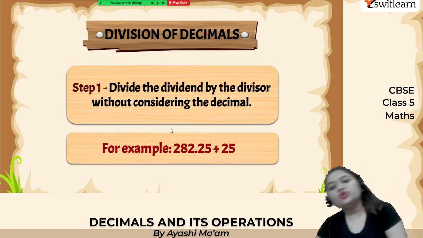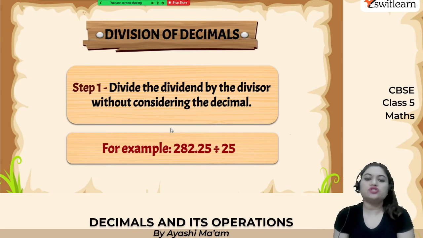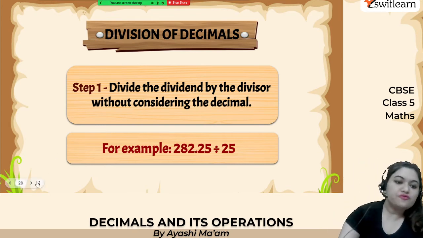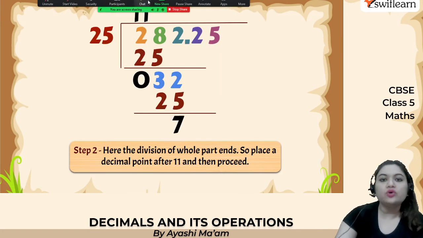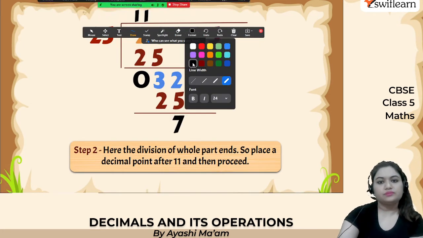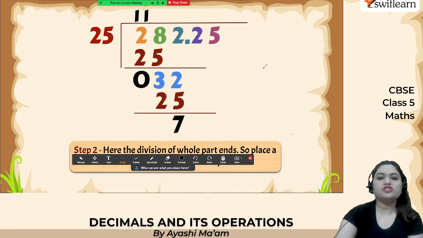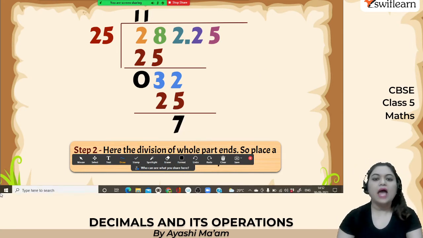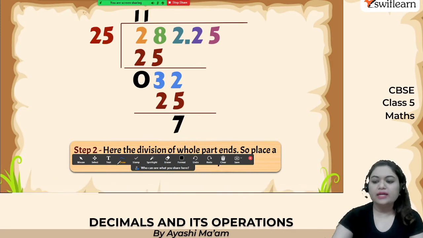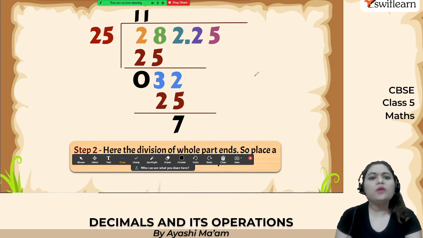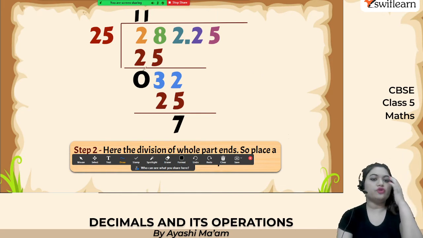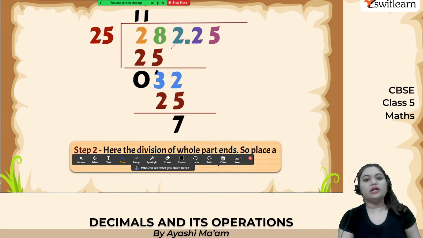So first you do one thing. Suppose you have the question 282.25 divided by 25. So first you simply do your division. Simply do your division that you know. Okay, so here you are simply doing the division, and then after finding the answer, what you can do is, 25 ones is going to give you 25, then 3 will be the remainder, this 2 is